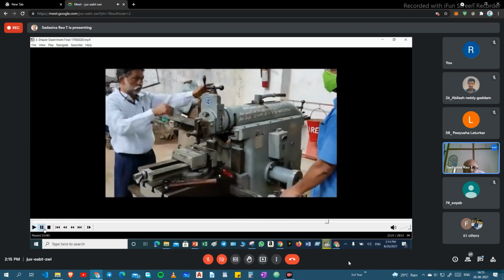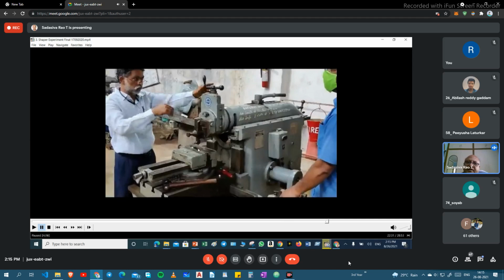In this position, for the support, we are placing some metallic blocks, and for the height adjustment also, if required, we are keeping flats, 3 mm thick flats are available.